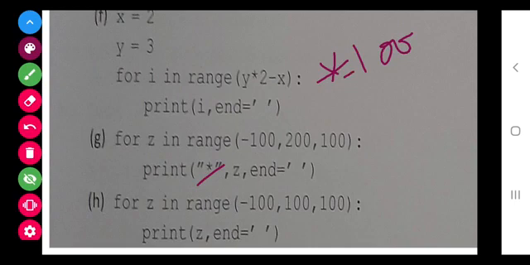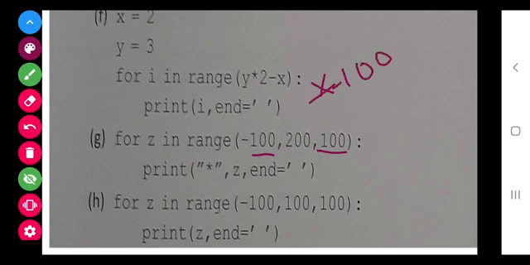For the next time, when you add 100 to it, means increment of 100, it will become 0. So star, minus 100, then space, then star 0, and for the next increment star 100.